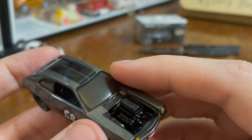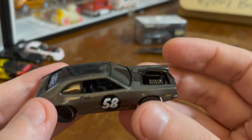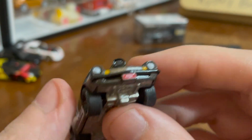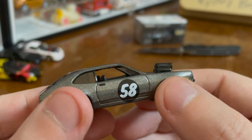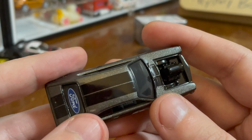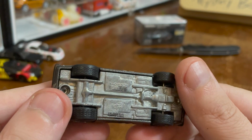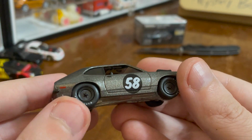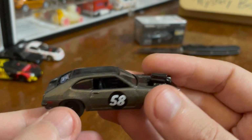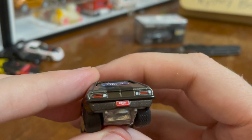The front end is interesting. I would really like to have a casting of this car without this hot rodded look. Like everything else, the Galaxy Gray or whatever, the stripes, it all looks really good. The tires, I guess street tires, like tires of equal size would have maybe been good. I mean, not for this. These do go with this thing, but for my preferences,